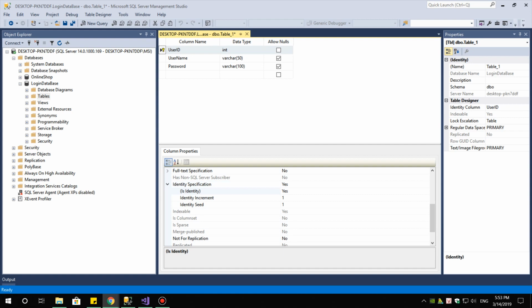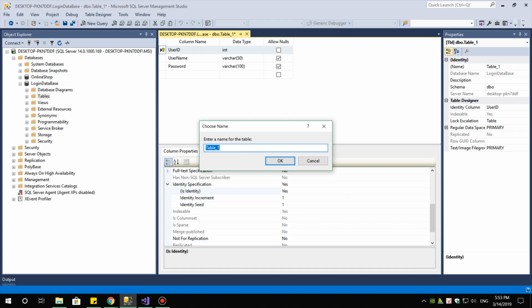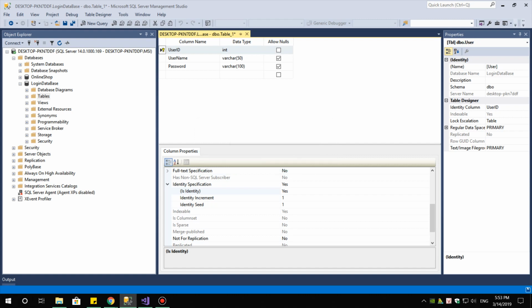the uniqueness of the column. Okay, now we need to save the table. For that, you can click on save here, name your table, click OK. So the newly created user table will be there under tables,